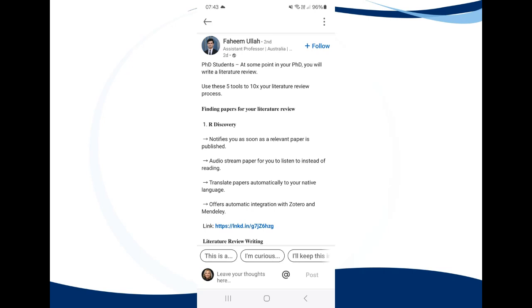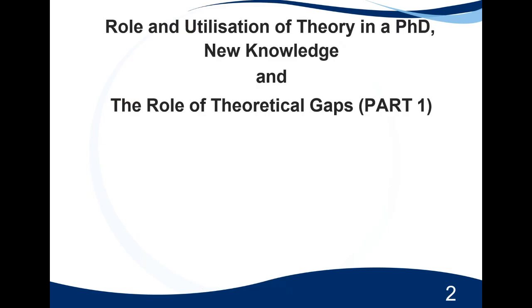Okay, and then we're going to get to why we are together tonight. This slide says the role and utilization of theory in a PhD. Yes, some of the information is information that you will use in your PhD, but there is also information in terms of theory, the role of theory, conceptual frameworks and theoretical frameworks that will be useful just for you to know.